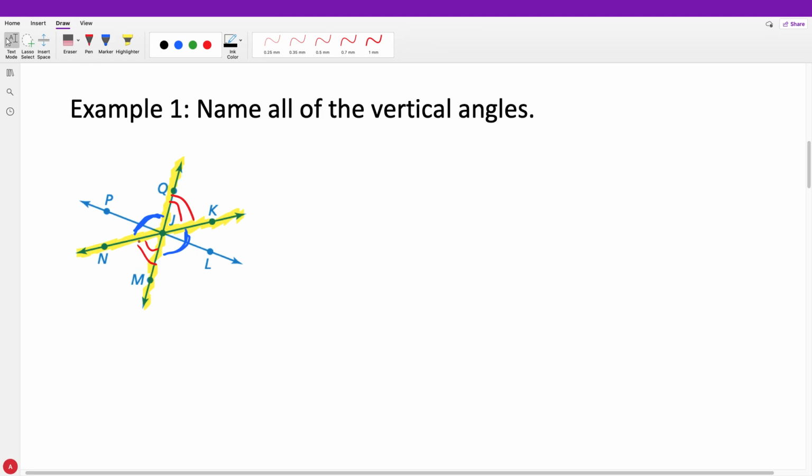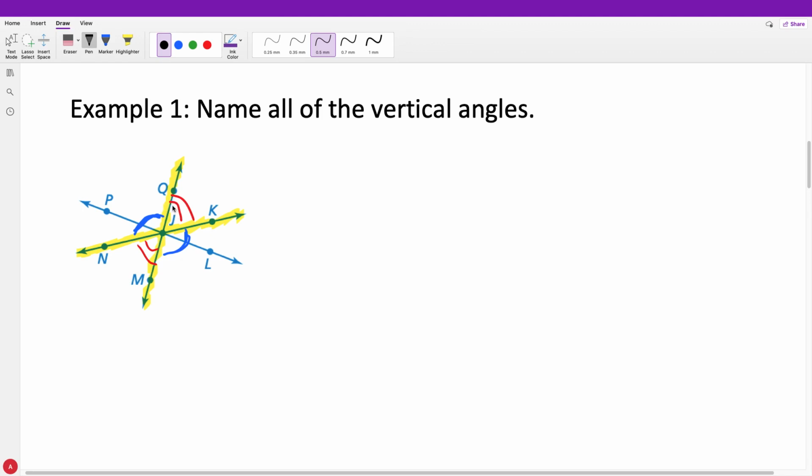Now, when I said before that there's going to be times where we have to label using all three, if I just said angle J here, which angle are you referring to? Because all of these angles actually have J as our vertex. So if you wanted to just say angle J, I have no idea which one you're talking about. So when you have multiple angles that are formed from the same vertex, you must use the three letters to